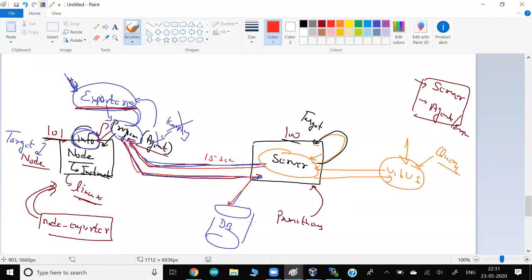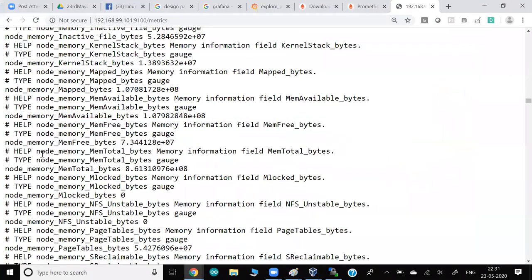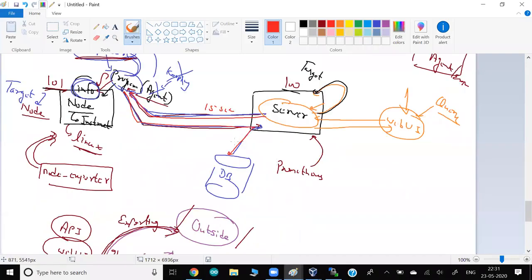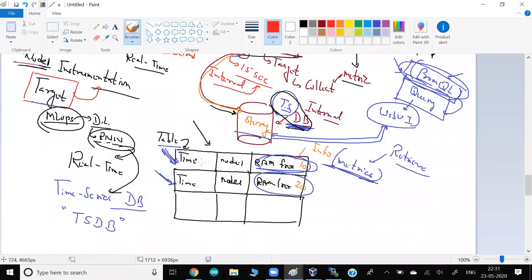And at the time of storing, you know what? When you're collecting, you're not collecting any time, right? They are giving you the information. But Prometheus says, I will collect the time also, because I know what time I'm going. So I will store the time, and finally your data is stored in this way. Because with the information I'm storing time also, my database becomes a time series database.